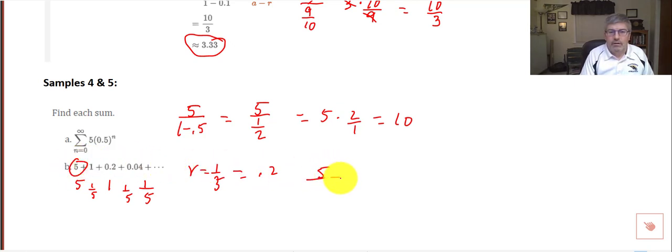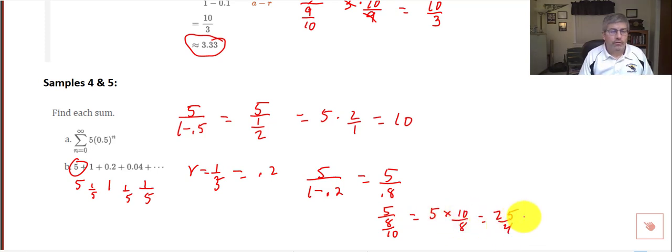So again, this one is 5 over 1 minus 0.2, which is 5 over 8/10. If you like fraction form, 5 divided by 8/10 is the equivalent of 5 times 10 over 8, 25/4, or